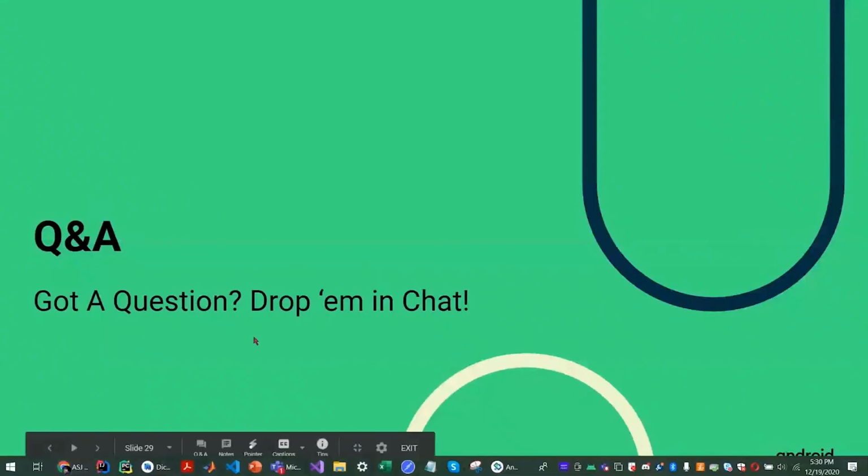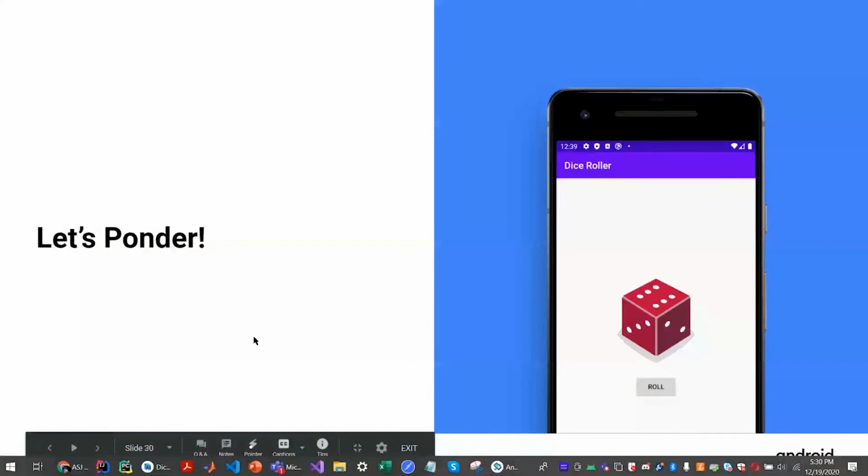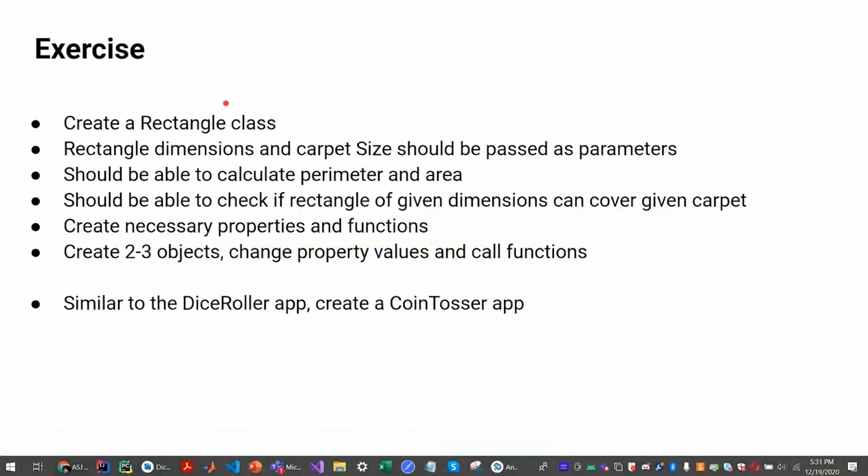Right, so that's all for today, and like last time, what I want you guys to do is create a rectangle class. The dimensions for the rectangle and carpet size should be passed as parameters. The class should be able to calculate perimeter and area. And once you do this, you should check if the rectangle of given dimensions can cover the given carpet.